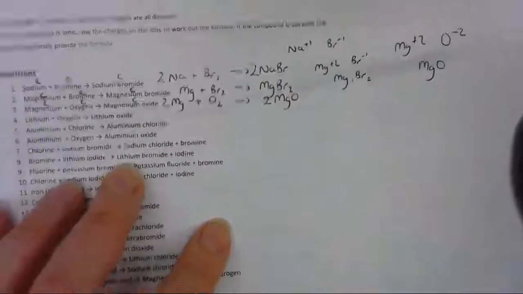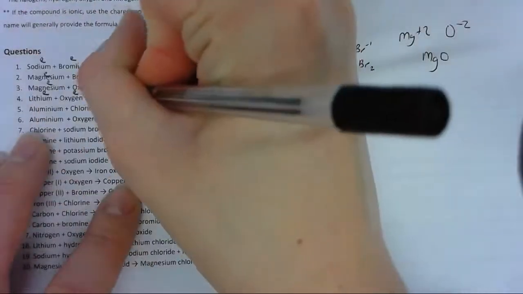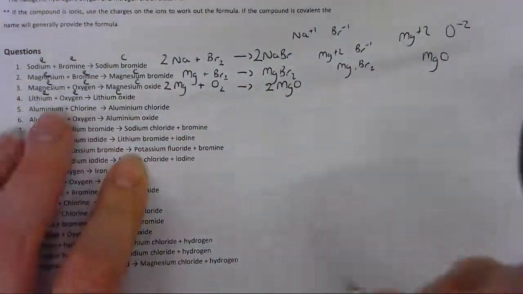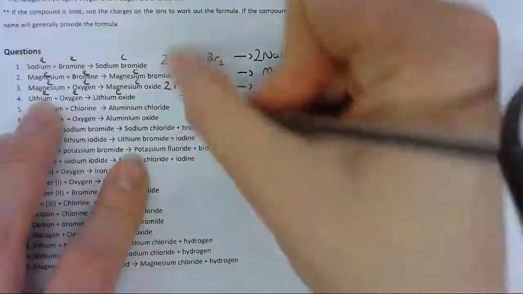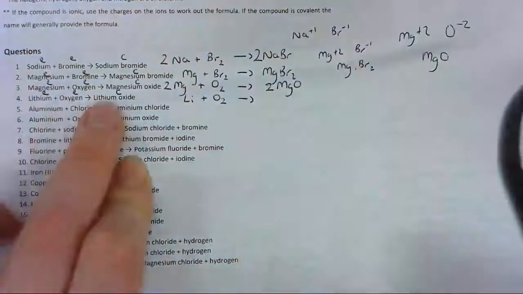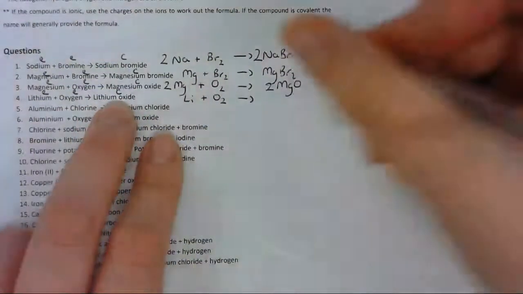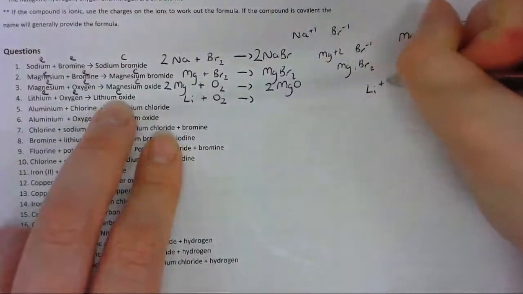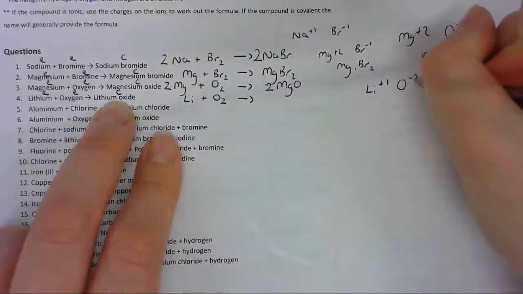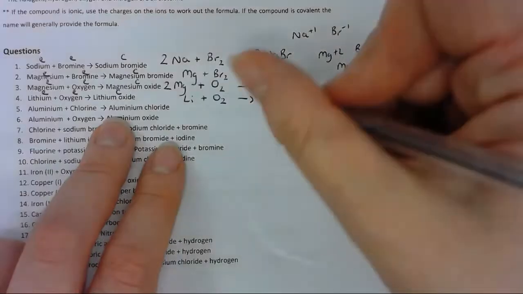Next one, lithium and oxygen going to lithium oxide. Lithium's an element, oxygen's an element, lithium oxide is a compound. Formula for lithium is Li, it's not diatomic, so I'm just writing Li. Oxygen, as we've seen above, is an element and it's diatomic, so it's O2. Forming lithium oxide, an ionic compound, I need to use my charges. Lithium's in group 1 with a +1 charge, oxygen's in group 6 with a -2 charge. Those charges do not cancel, so I need to